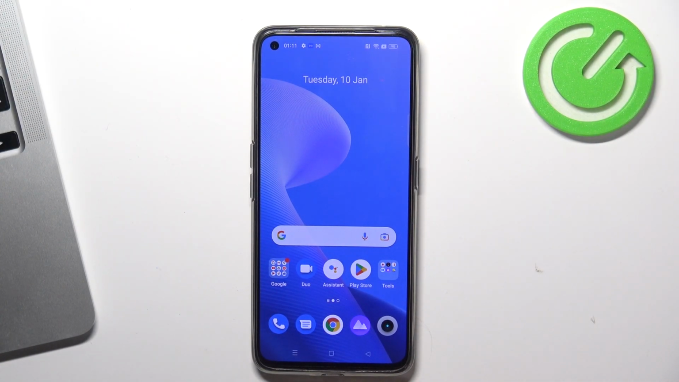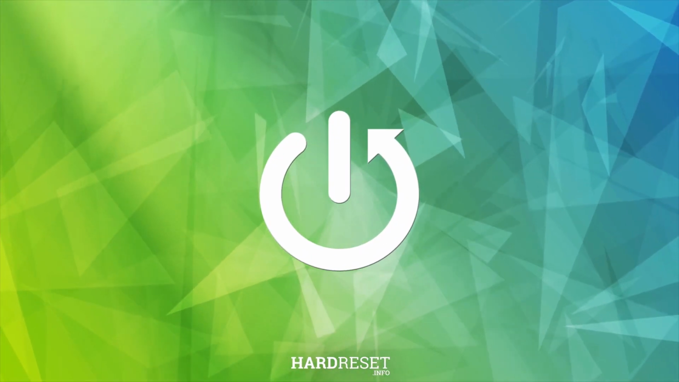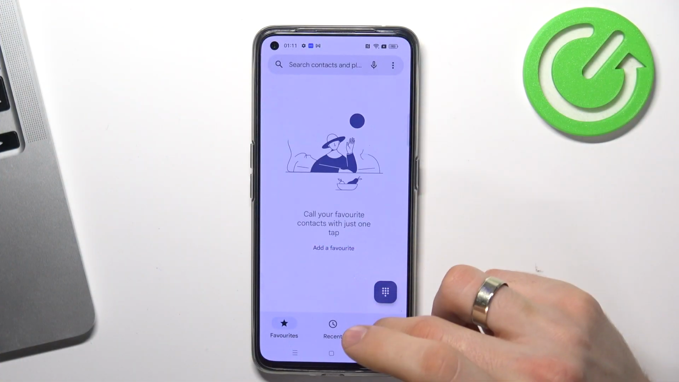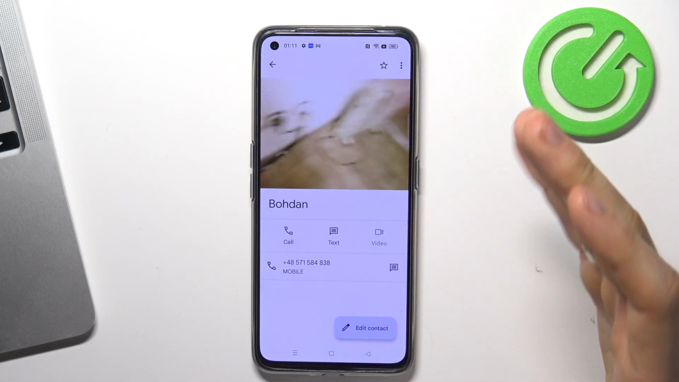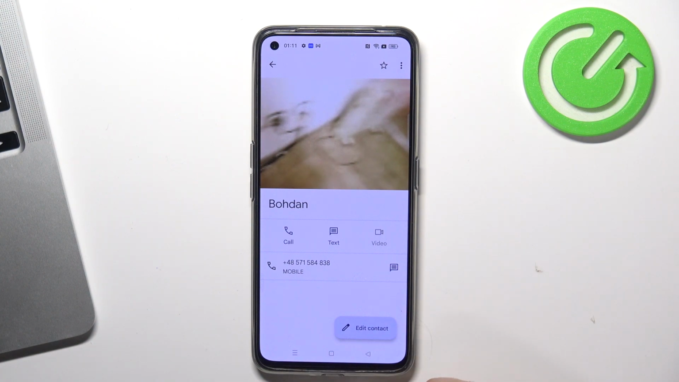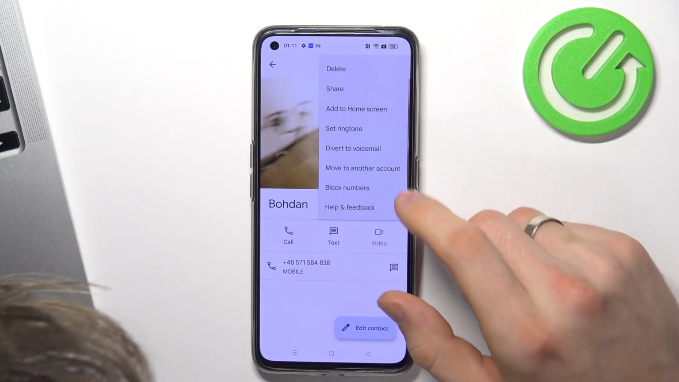In front of me Realme Q5 Pro device, and now I can show you how to add photo to contact on this phone. Firstly, open your contacts, find the contact you want to change the icon, click on the edit button, then just